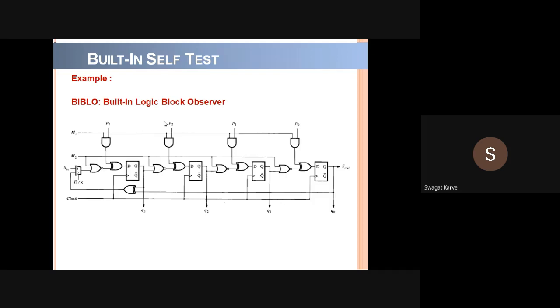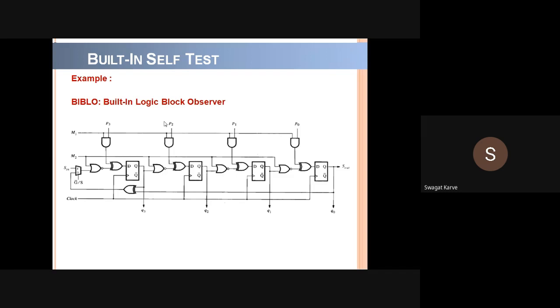That means the same circuit can behave differently in 4 different manners, right? In the first manner, it will behave as a linear feedback shift register. In the second manner, it can also behave as a scan path testing mode. In the third manner, it can behave as a signature analysis, and fourth, it will be reset, right? So depending upon which mode you are selecting, this particular circuit will behave accordingly.